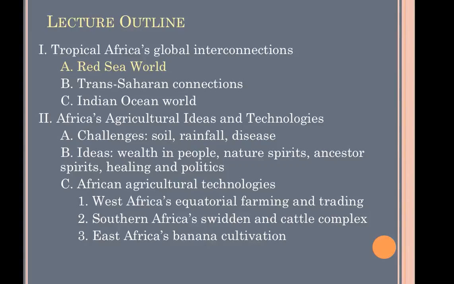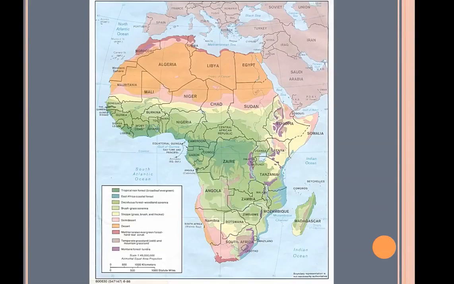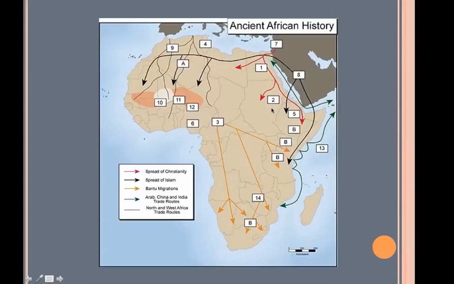But to begin with, I actually want to talk about the ways in which sub-Saharan Africa was interconnected with the rest of the world, and it has a lot to do with the geographical realities of the continent. So, the interconnections between sub-Saharan Africa and the Red Sea world are actually much easier to trace. This region doesn't provide nearly as many barriers as others for there to be broad interactions across this area. So we're really focusing on what we call the Horn of Africa on into what we call the Sahel, this region right here, all the way across the continent.